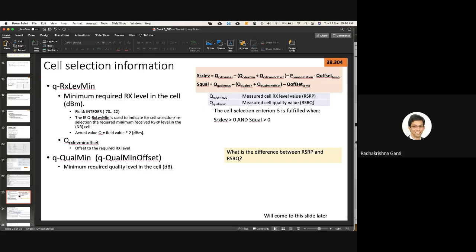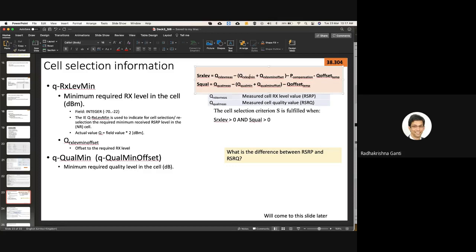The question is, which cell are you going to lock on to? Essentially they compute SRXLev and SQual. One is the quality indicator and one is the RX level, the actual received power. They compute this. This is what you measured,